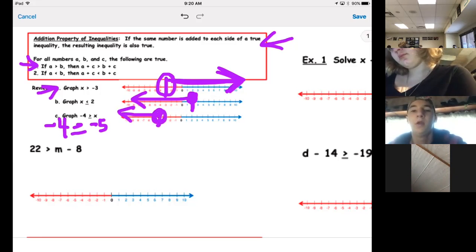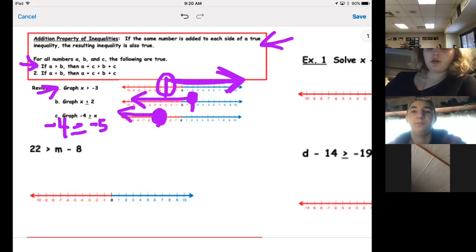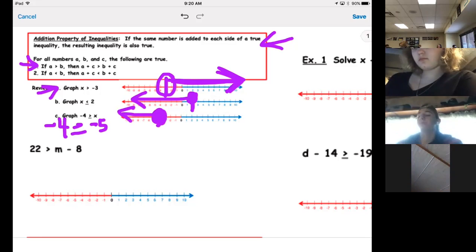Yes. What's the key on that whole thing that tells you whether it's a closed dot or an open circle? The line on the bottom. If it has a line on the bottom, it's filled in. If it doesn't have a line underneath that symbol, it's open. Okay, so